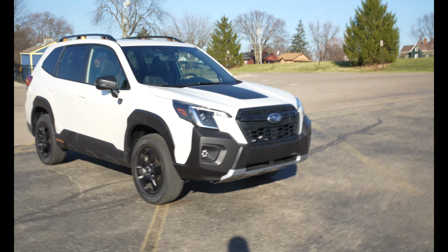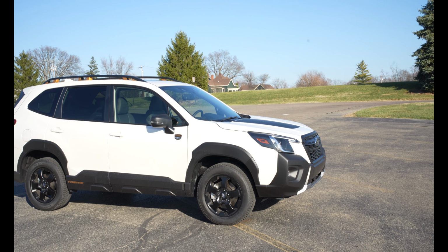You can tell that it's more SUV than the Outback, so it sits up higher. It feels very similar to our Ascent, which we had for a couple of years. It just feels smaller. It's definitely slower. So merging, passing, if you pass people, you gotta be real careful because it doesn't get up and go all